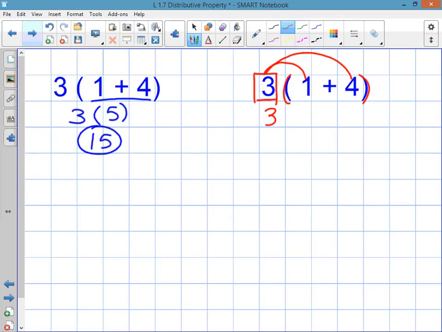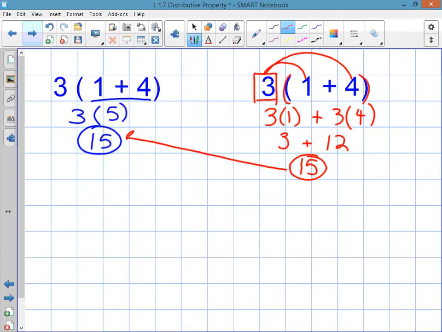So it's 3 times 1 plus 3 times 4. 3 times 1 is 3, plus 3 times 4 is 12. 3 plus 12 is 15. Same answer. Now, if I were you, I'd be asking myself the question, why would I ever want to do